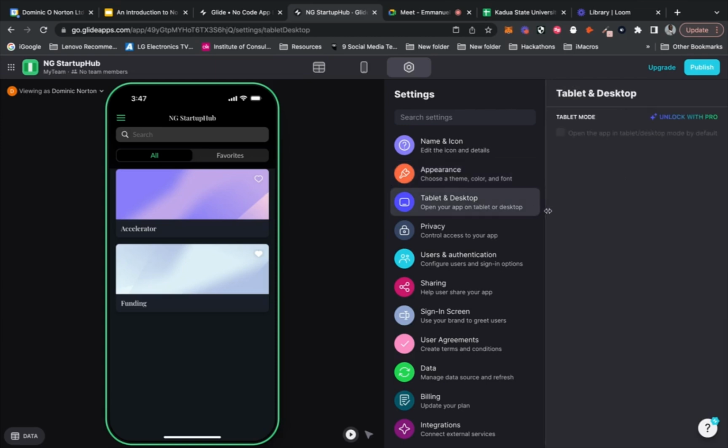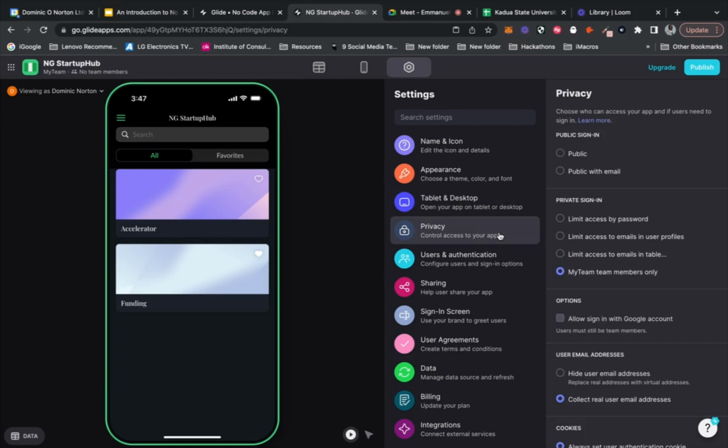And here's where we get into understanding the difference between the free version and the pro version. So the pro version, when you're on a desktop device, it becomes responsive. The free version, it is optimized for mobile. That is one of the differences. What we can also add is a sign in with Google, and we can make it either they don't have to sign in, or they sign in with just their email, or they sign in with Google. So what we're going to do is have public with email, so they need their email to sign in. And also we're going to allow them to sign in with a Google account.